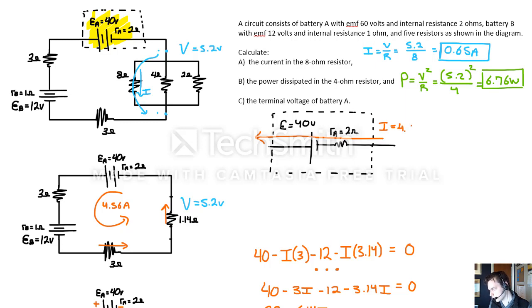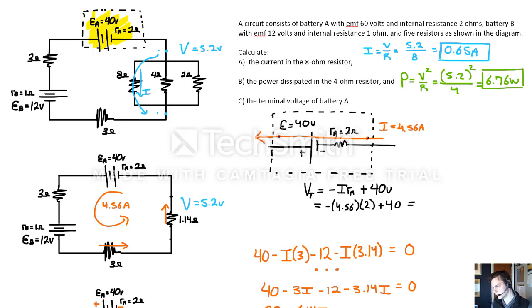Oh yeah, 4.56 amps. Now the voltage drop, so to speak, if I were to follow the current from here to here, would first be equal to negative I times the internal resistance. But then I would go in the negative end of my EMF generating element and out the positive end, which would correspond with a rise of 40 volts. If I plug everything in, I should get negative 4.56 times my internal resistance of 2 plus 40,